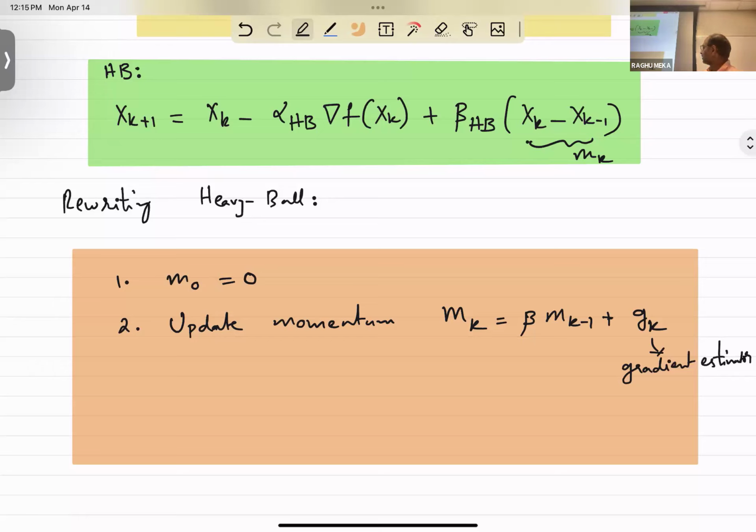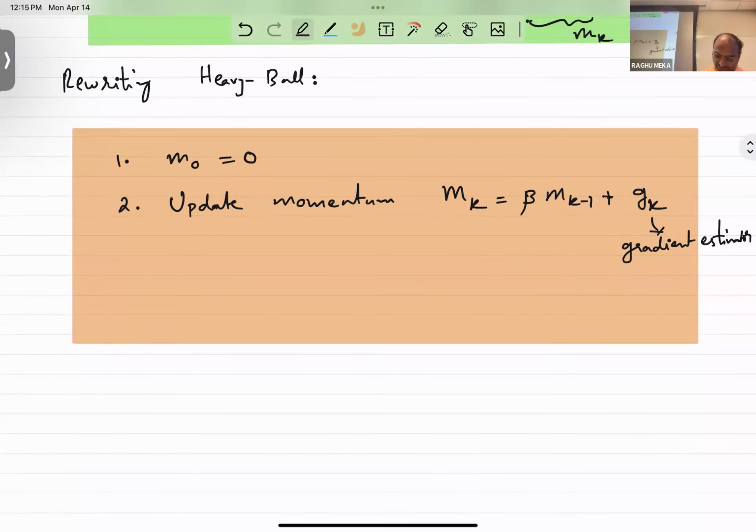Okay. So I'm just going to use a gradient estimator. Once again, we're incorporating momentum with an estimator instead of the actual gradient, right? And then you update the parameters. The final equation is,